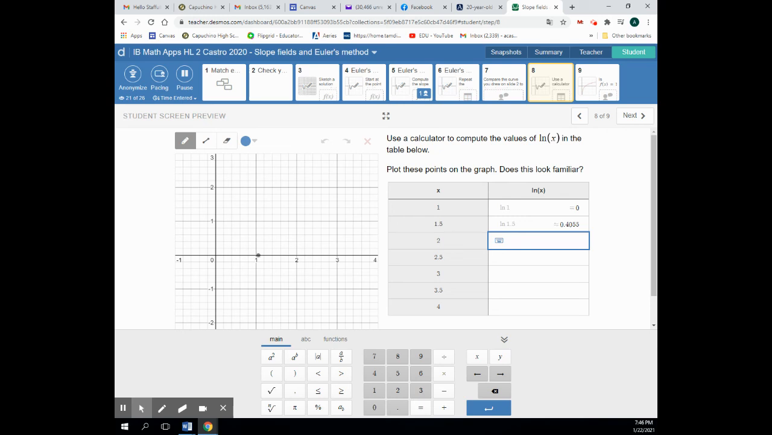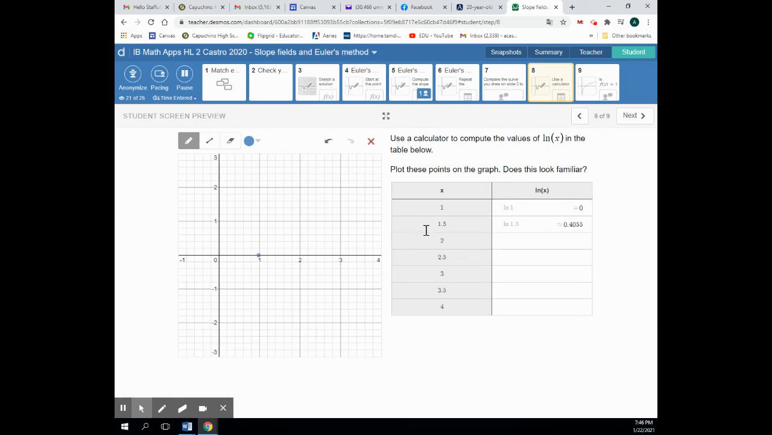So 1 and 0. And then 1.5 and 0.4055. Okay, so 1.5, 0.4 would be here. So like that. All right. And you're going to keep going. And guess what it's going to look like. All right. And then for the last one,